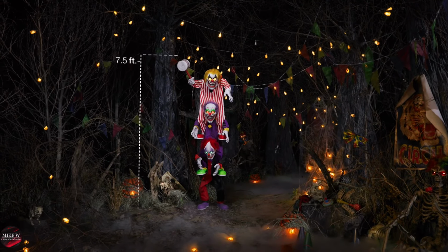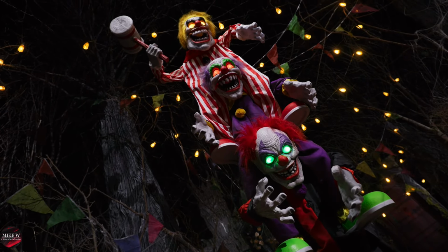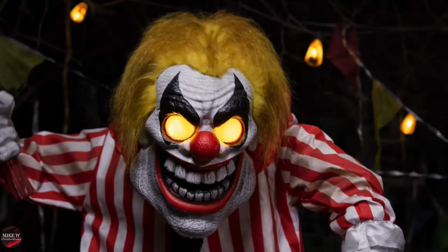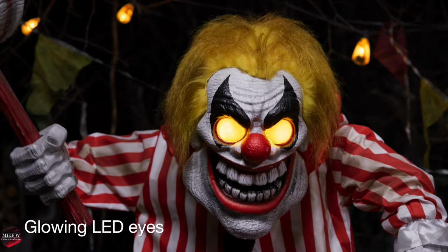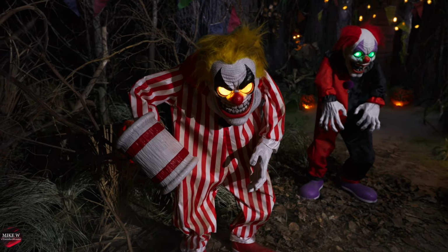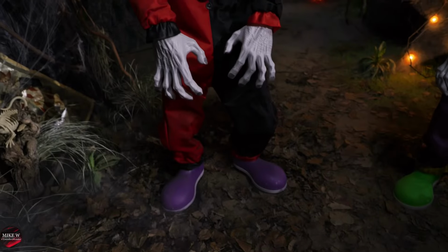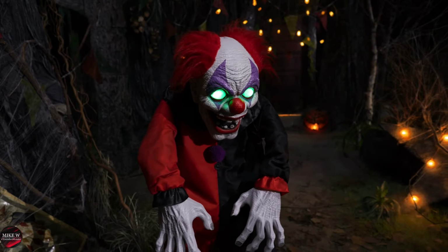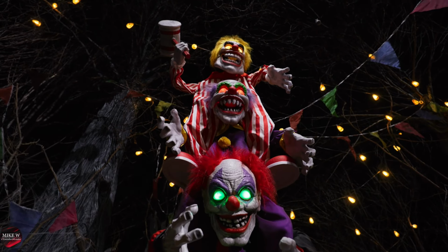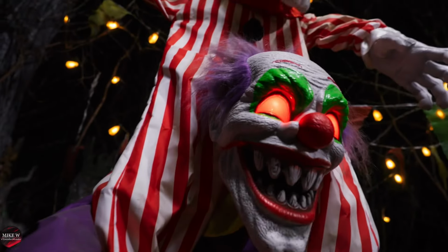You do well to steer clear of the 7.5-foot animated trickster trio. These terrifying triplets have one thing in mind, and it isn't minding their own business. Their LED eyes glow a bright yellow, green, and red. The top terror is covered in sinister stripes, while the middle menace wears a punchy purple and gold, and the anchor antic is adorned in black and red. Be sure to watch your head as they goad you closer, swinging their heavy hammer, jaws open and closing with